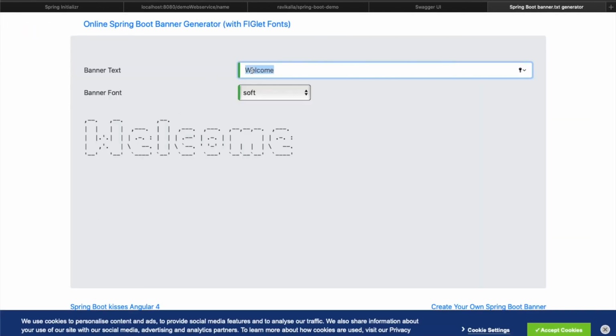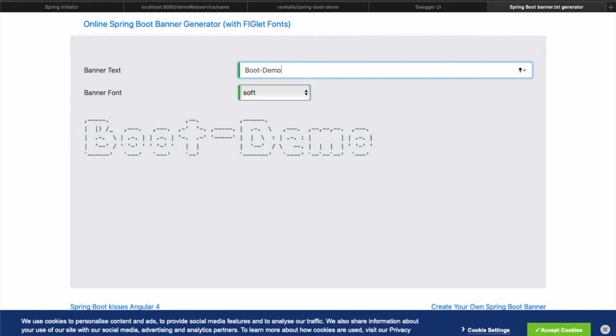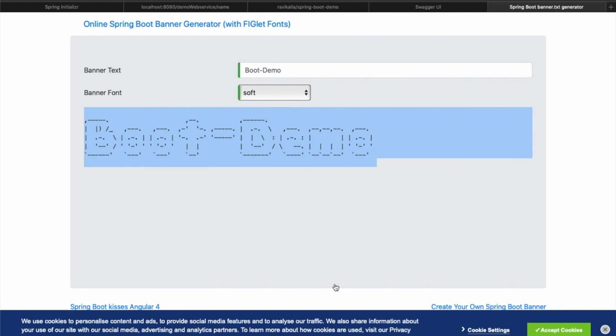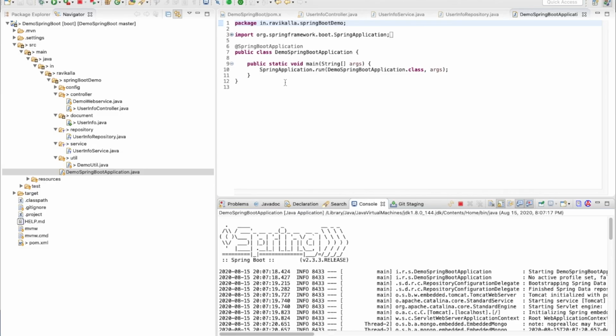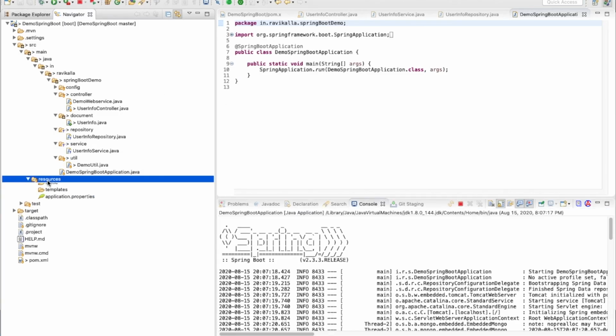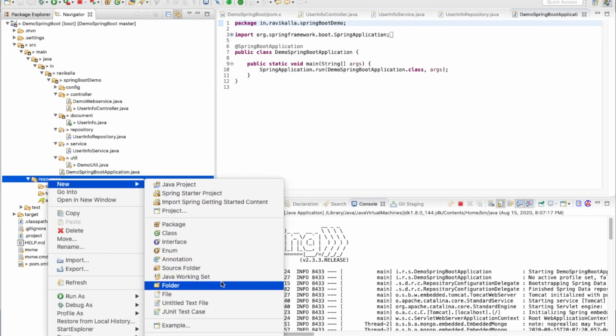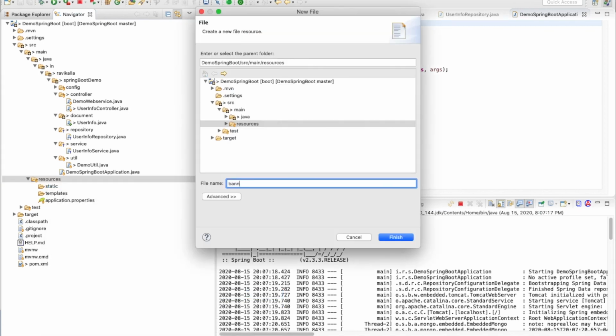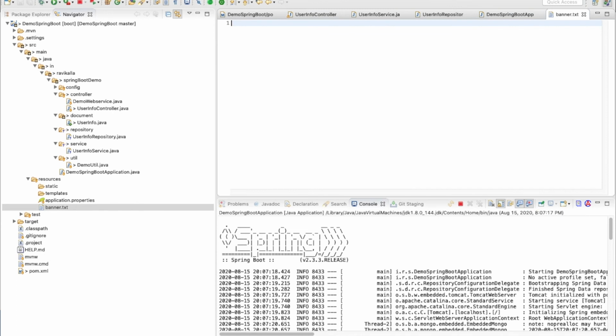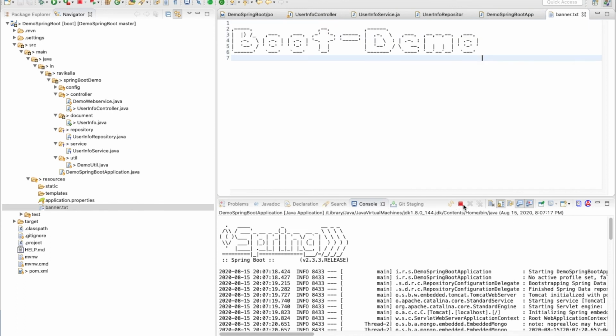Here I can give some name called Boot Demo. We can add it under the resources with a file name called banner.txt. Add it. Next time I start the application, it will start with that banner.